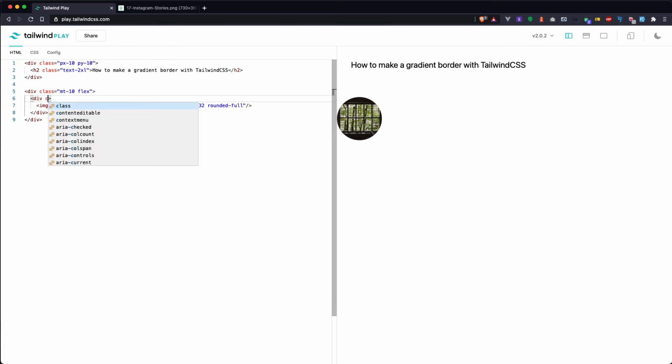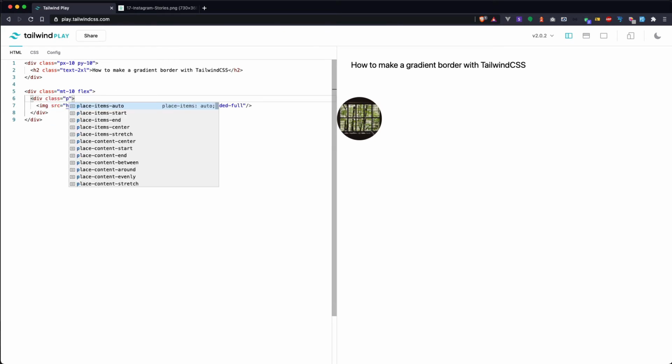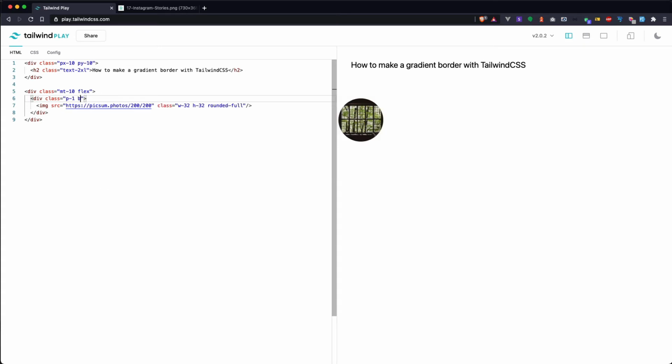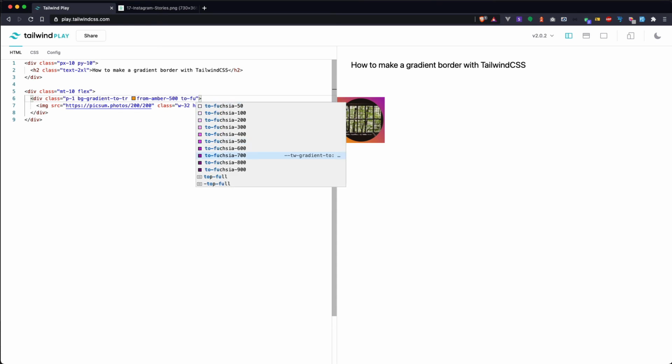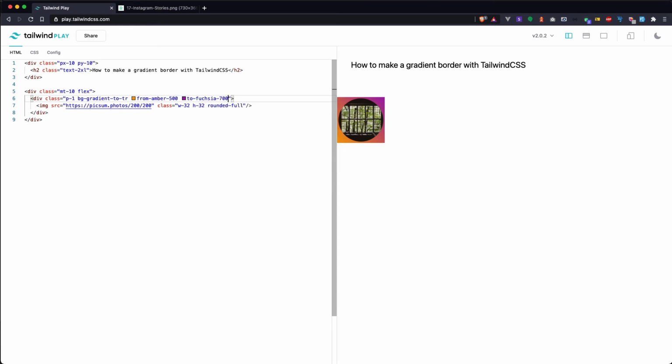And on this div, let's add a padding of 1. Now, on this div, we can add a background gradient, and let's add it to the top right. Let's add the gradient from amber 500 to fuchsia 700. Now, as you can see, we have a background around the circle image which looks like the gradient